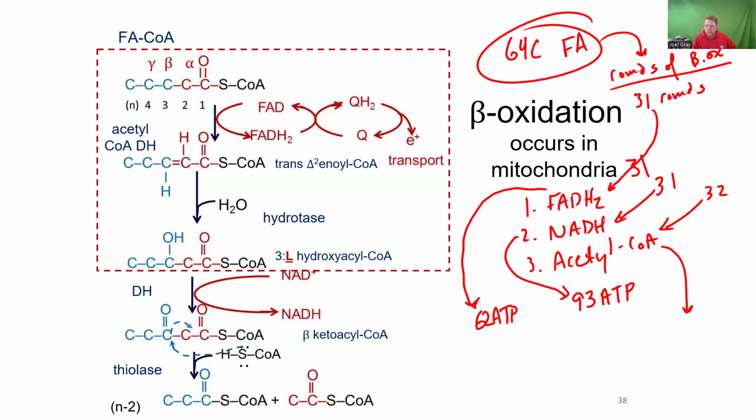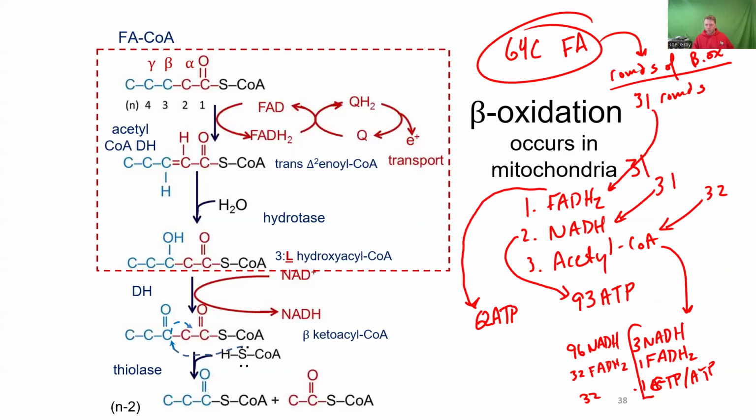From the acetyl-CoA, well, you can extrapolate and expand that out. That's going to be 3 NADH, 1 FADH2, and 1, I'm going to say GTP slash ATP, but there's 32 of that. So that means I'm going to get 96 NADH, because 32 times 3 is 96. Then 32 FADH2, and then 32 ATP GTP.